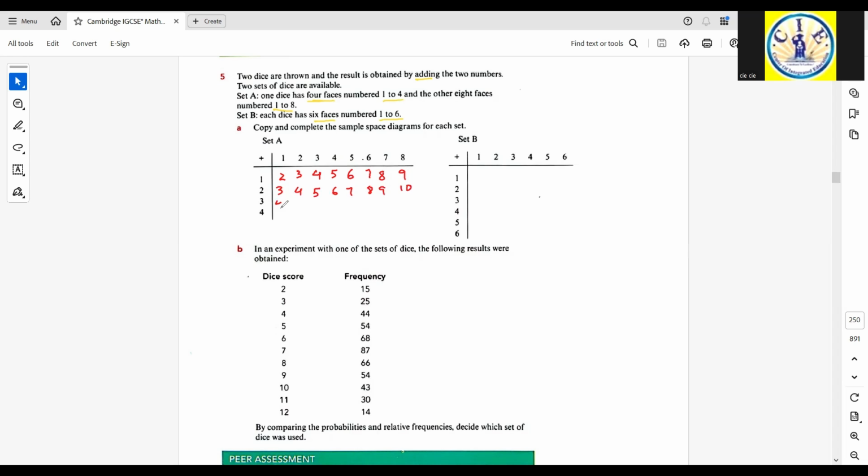3 plus 1 is 4. Then 3 plus 2 is 5, 6, 7, 8, 9, 10, 11. And this is 4 plus 1, 5. 4 plus 2, 6. 4 plus 3, 7, 8, 9, 10, 11, and 12. For set B,